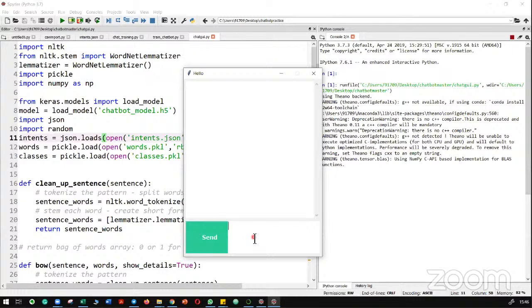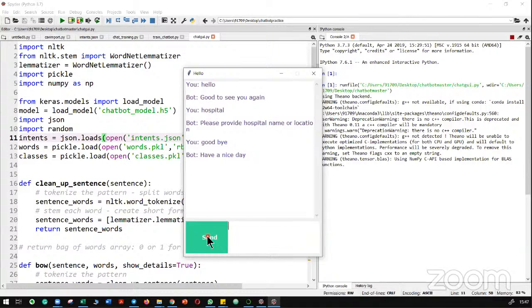So if you just say hello to it and click on send, enter doesn't work, click on send, it responds here. I just say hospital, it says please provide hospital name or location, and I say goodbye, it says have a nice day. A pretty basic chatbot, and the responses are pretty instant. There is no delay over there,